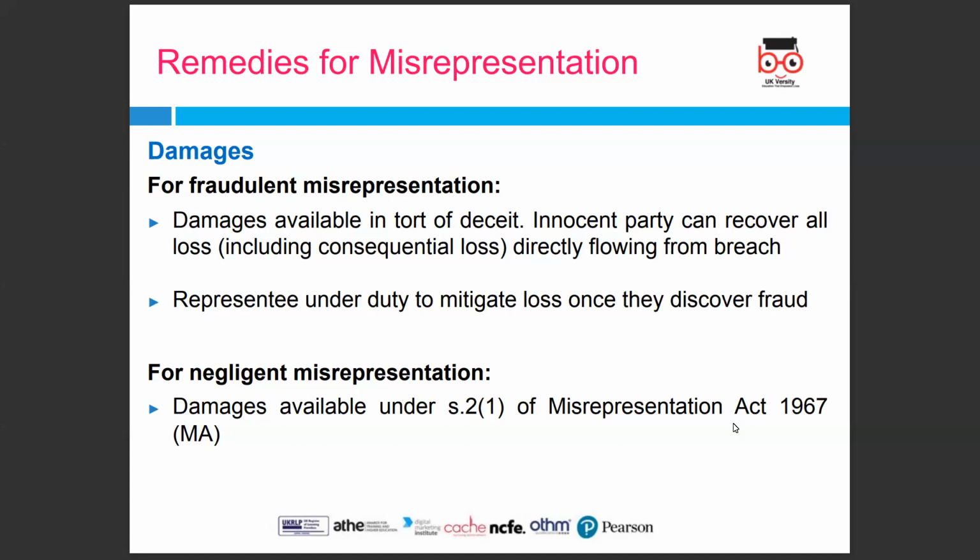For negligent misrepresentation, damages under Section 2, subsection 1 of the Misrepresentation Act 1967 are awarded on exactly the same basis as fraudulent misrepresentation. Therefore, the statement maker will be liable in damages for all consequential losses as a result of the statement, irrespective of the foreseeability. And this was confirmed in the case of Shaney Ford Suppliers Limited